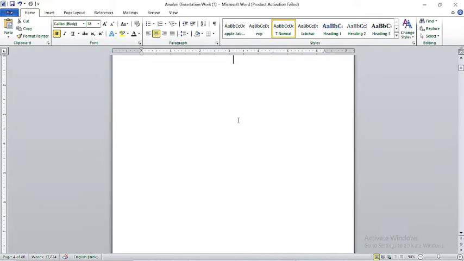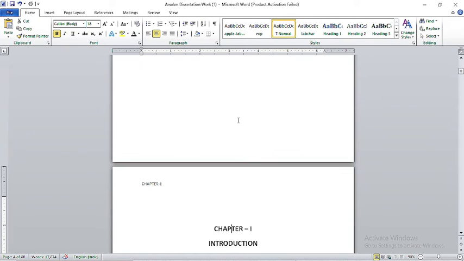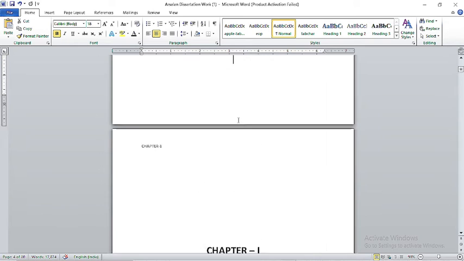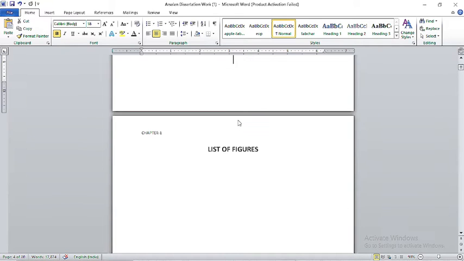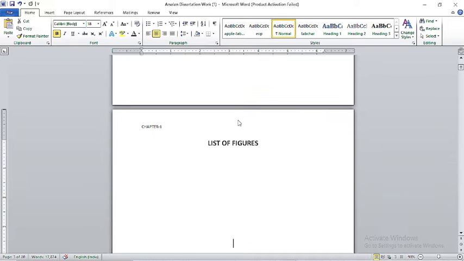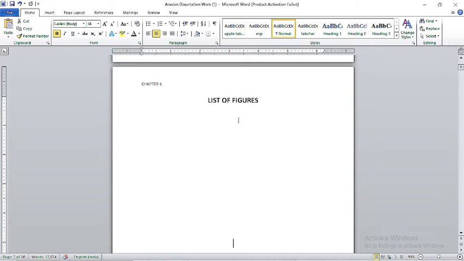Now you can see the whole document has the header Chapter 1, Chapter 1, Chapter 1. But the problem here is the whole document became Chapter 1. I don't want it to be like that. I don't want this Chapter 1 header on this particular page, the list of figures. So what I'm going to do now is,